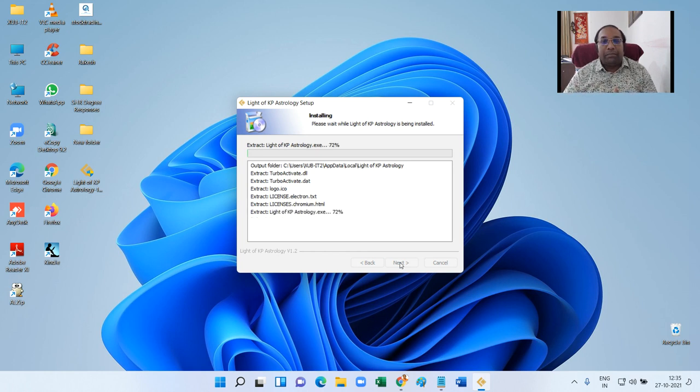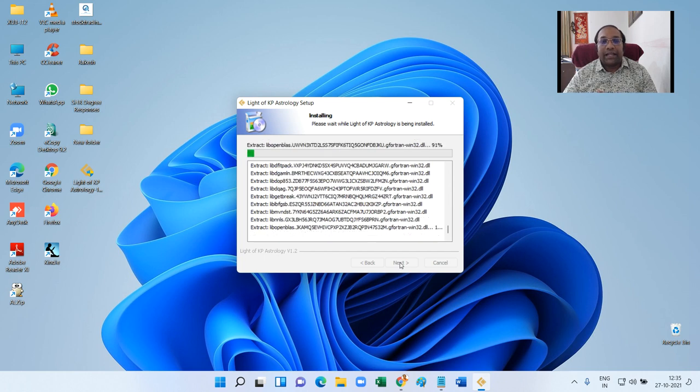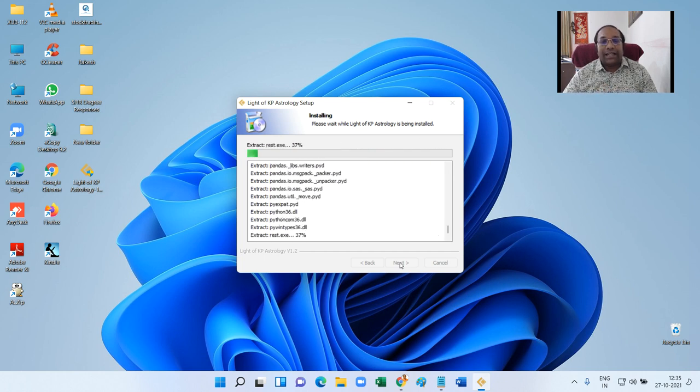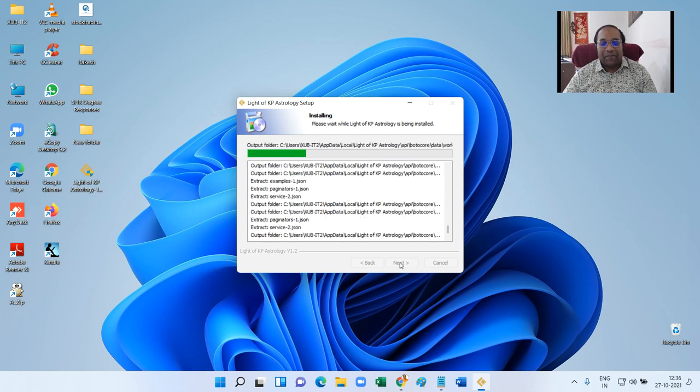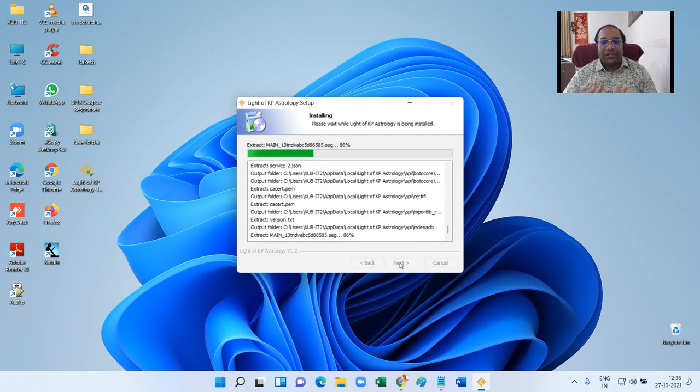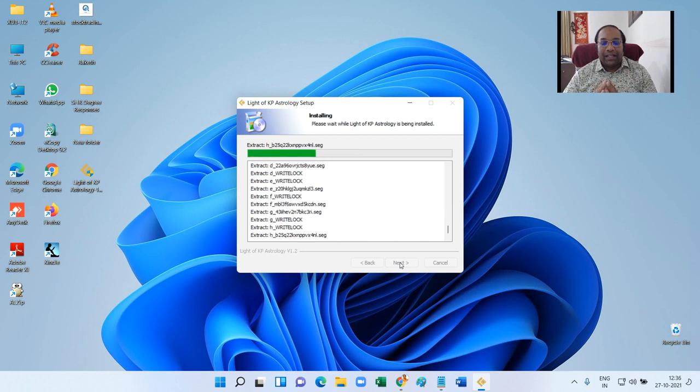So it will take maybe a minute or two for the entire setup to be done, extraction and then creation of files. It's an artificial intelligence enabled software, so it's a heavily loaded software. So we will wait for a few more seconds. And as you can see, if you do the installation step by step, it will be a very easy installation and there will be no problem with it at all. So it's almost coming to an end of installation now.